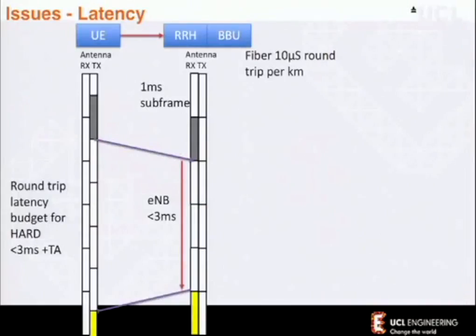But this all isn't without issue. And the biggest one, again, comes back to latency. Normally, my eNodeB is required to turn around and respond with an acknowledgement to my signal within 3 milliseconds. When this system was designed, no one expected that some idiot would come along and put a whole bunch of fibre in between the antenna and the eNodeB.